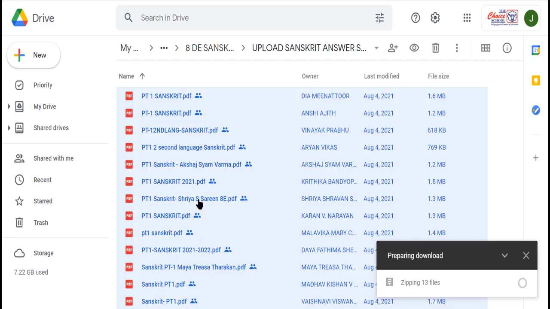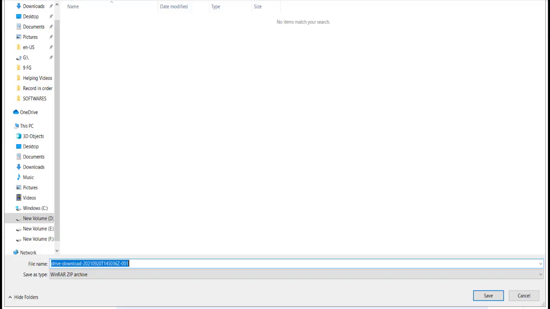All the papers together will be downloaded to the computer. Based on the file size and your internet connection, it will take time. After downloading, it will ask where to save. Sometimes you have set the computer to automatically save into some folder, so it will not ask.